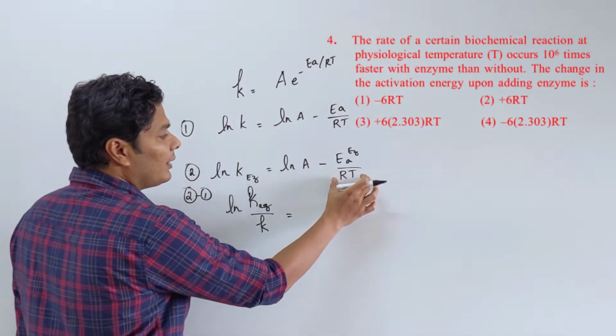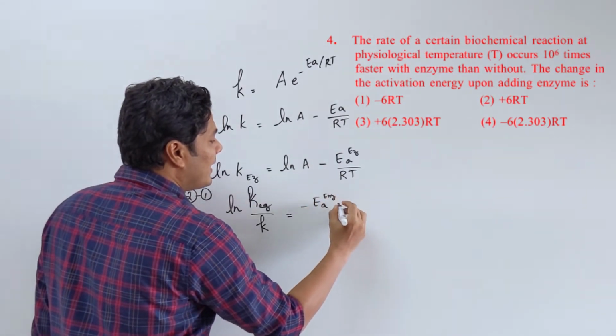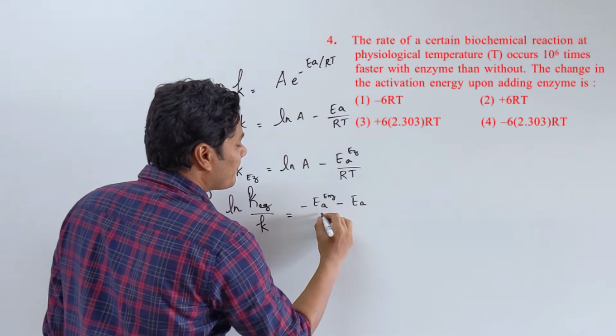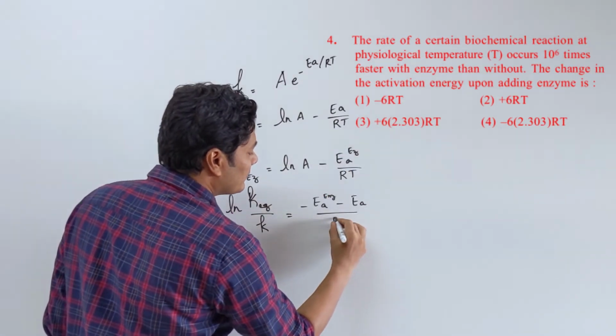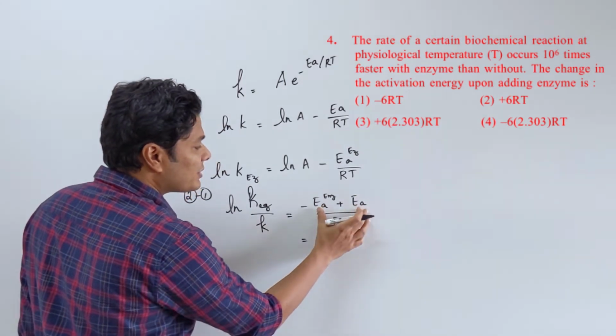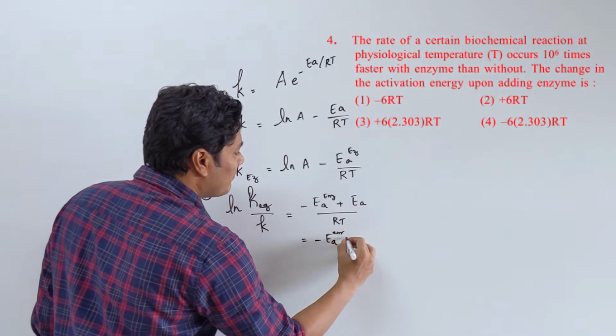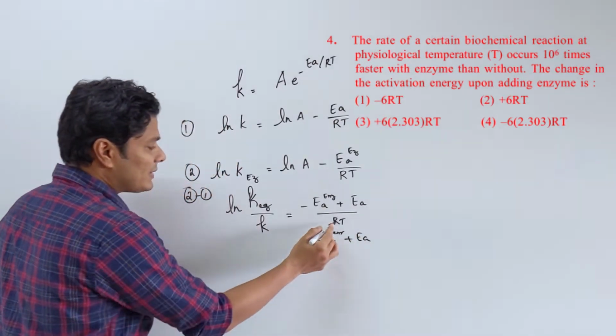I have this minus Ea enzyme minus Ea by RT becomes, sorry, this is minus of minus, plus. So now what I have is, this is the change they are talking about: minus Ea enzyme plus Ea equals,